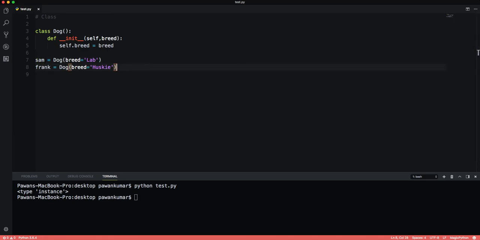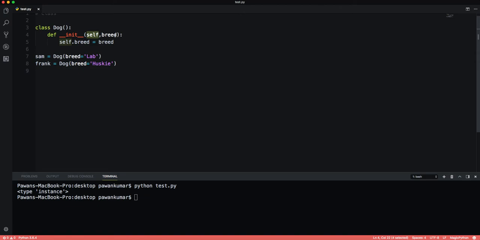Okay, so let's break this down more. There is a special method, this init method. It is automatically called right after the object has been created. So we have this def init(self, breed). Each attribute in a class definition begins with a reference to the instance object, and by convention it is named self. So this is the self which I am talking about. The breed is the argument,